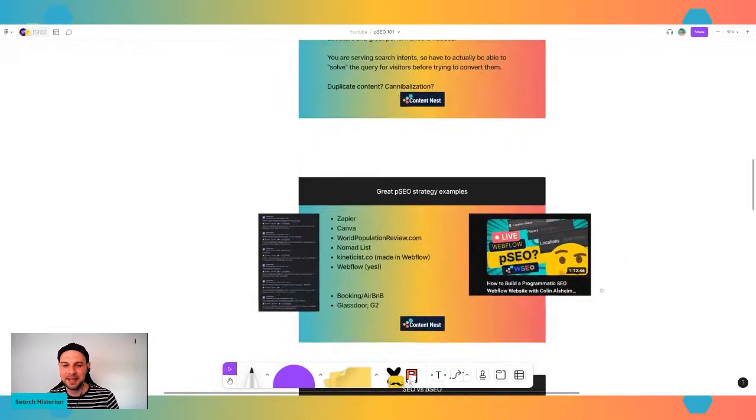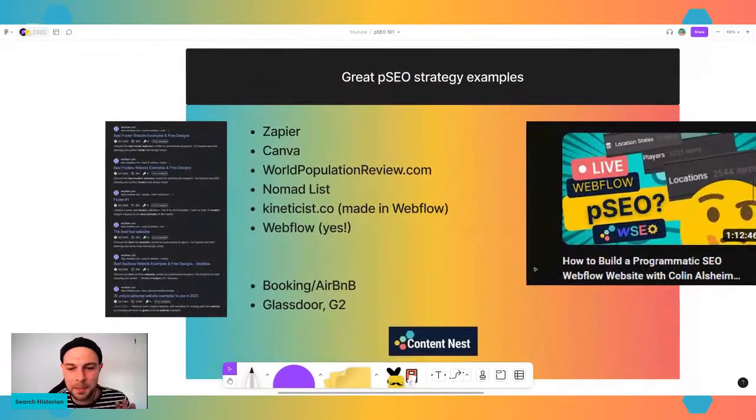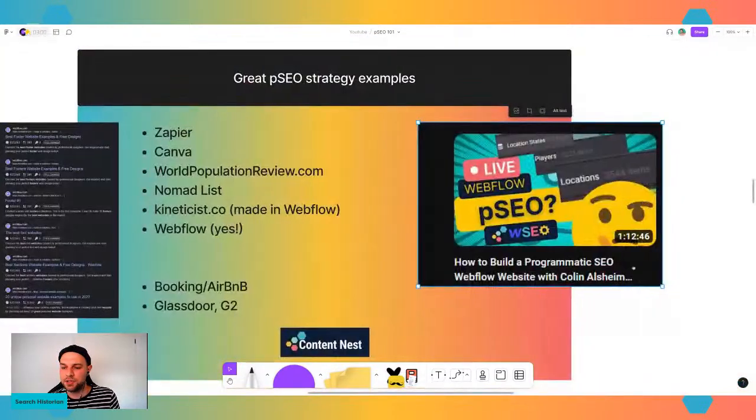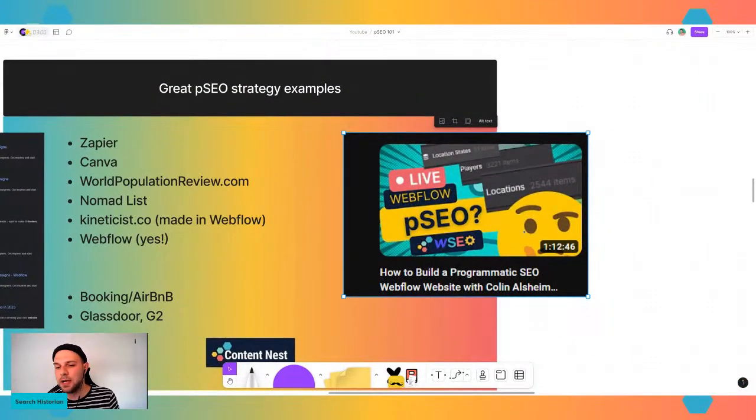Let's jump into it. I collected a few examples, and I could come up with a lot more. With some research, I could even remember a few other good ones that I know, but I just don't remember the actual name. One of the examples is, of course, Kineticist, made by Colin. Once again, here we're talking more about business strategy, content strategy, website building strategy, long-term growth strategy. But if you really want to see the backend and how it actually looks when your Webflow site has 8,000 pages or something like that,